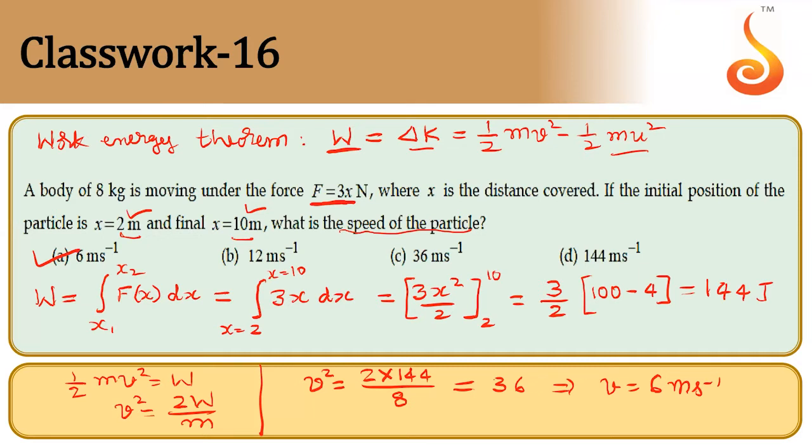See, yesterday we had one problem where we calculated average force. There I used the work energy theorem, and you wanted me to use v square is equal to u square plus 2as. From that also you will get it, because you are calculating average force. But here they have given force as a function of displacement, so we don't know the average force. So you cannot use v square is equal to u square plus 2as. If that would have been the case, you could have directly applied it. So whenever force is variable, you have to rely on the work energy theorem only. There is no other go.